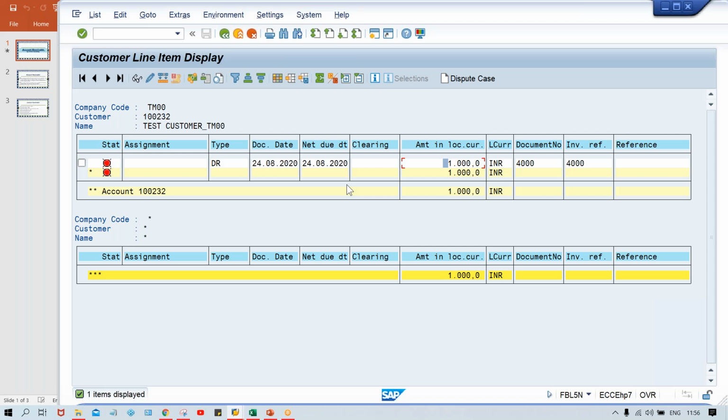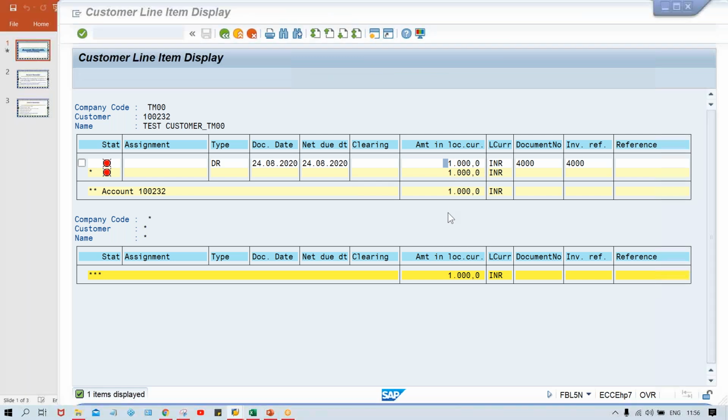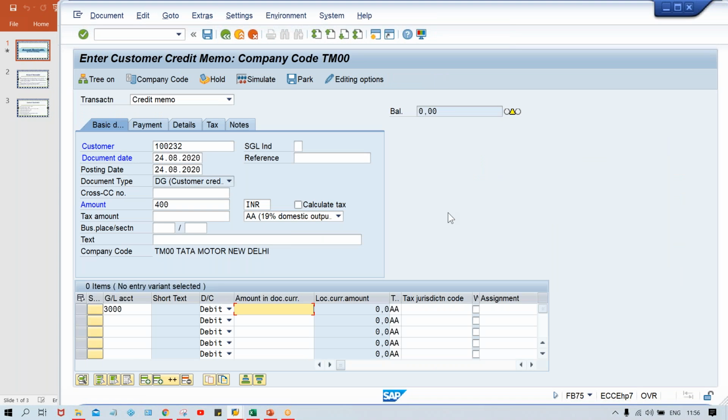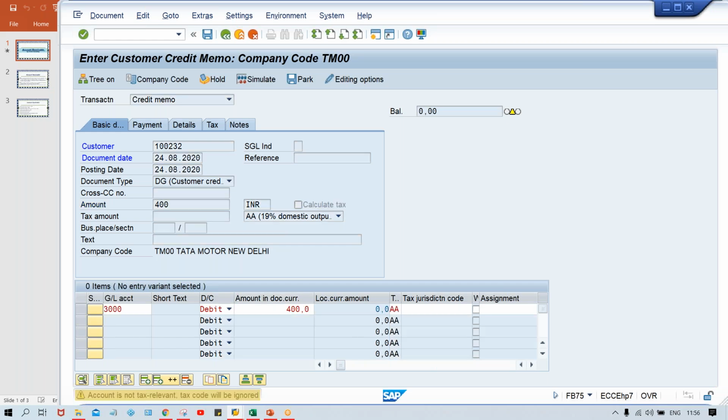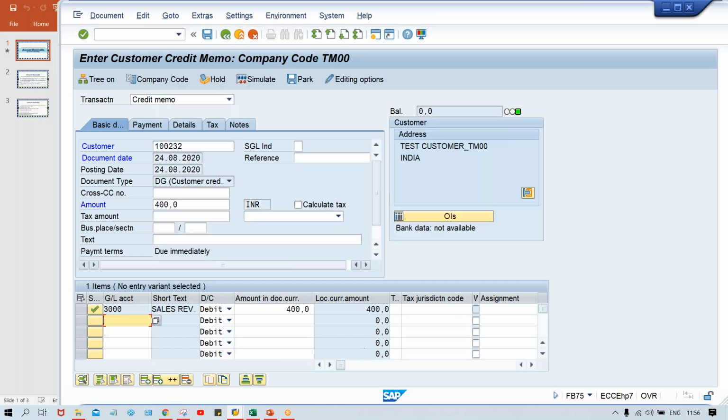Now what is happening, guys, out of 1,000, we have posted an invoice worth 1,000 rupees, or whatever your currency is, in your currency you have posted the amount. It means this is our receivables, but the customer is going to return goods worth a certain amount, so that is also supposed to be recorded here, right? That is called sales return, in the sense that we are going to post the credit memo. So here, worth 400, press enter. Now here, worth 400. In this case, if you click on simulate,